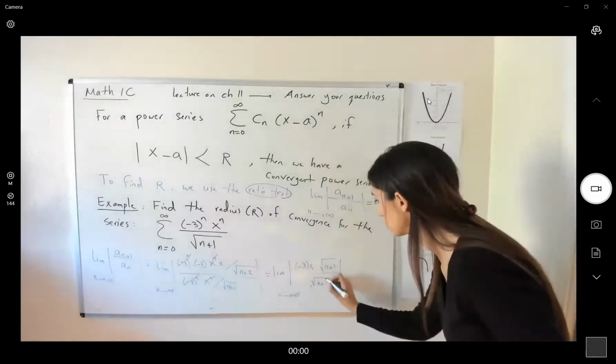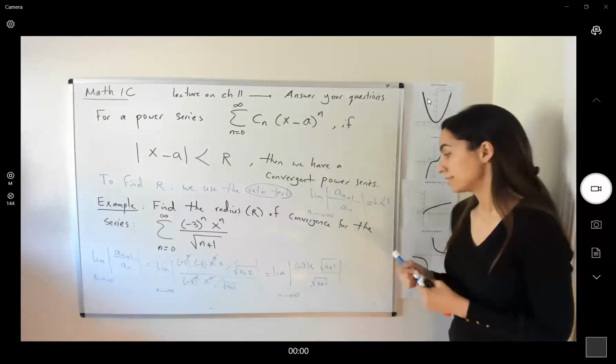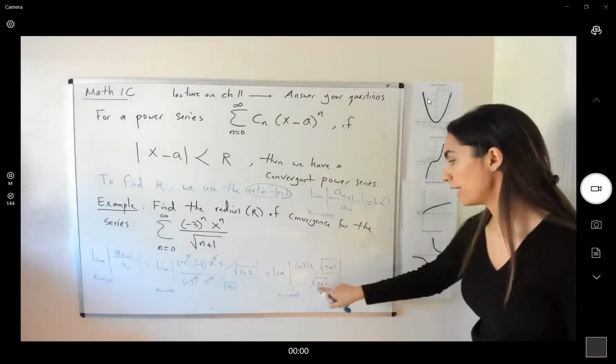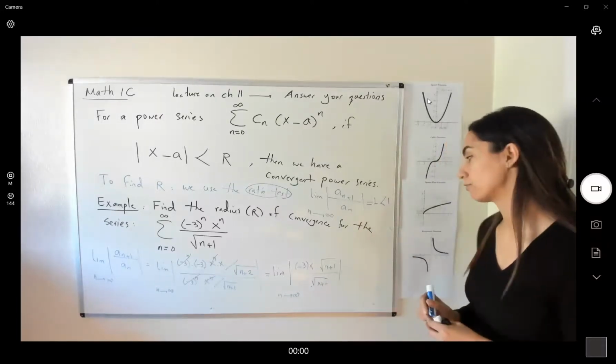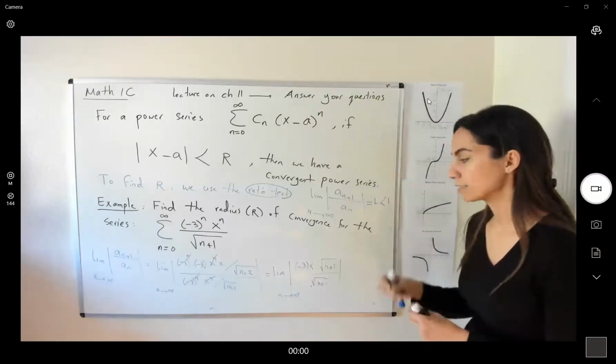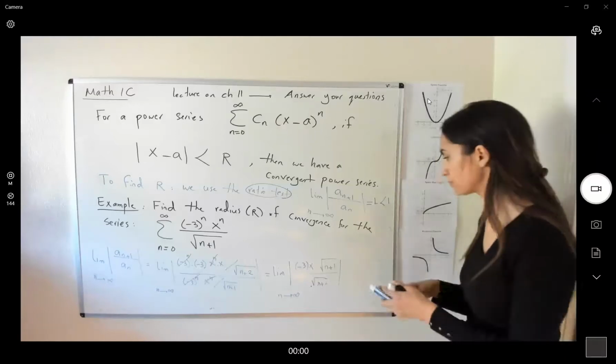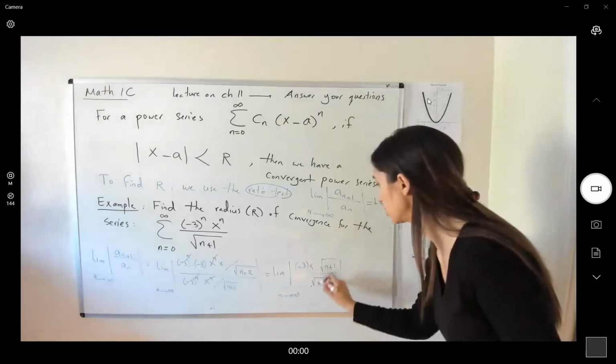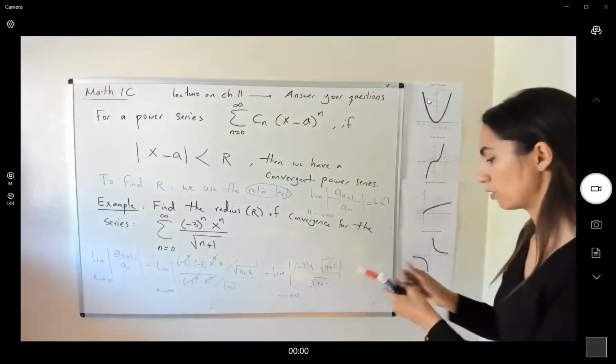Okay, as you all know, since n plus 1, n plus 2 both have exponent a half, they go to infinity with exactly the same rate. So you can cancel out these two, and this is equal to